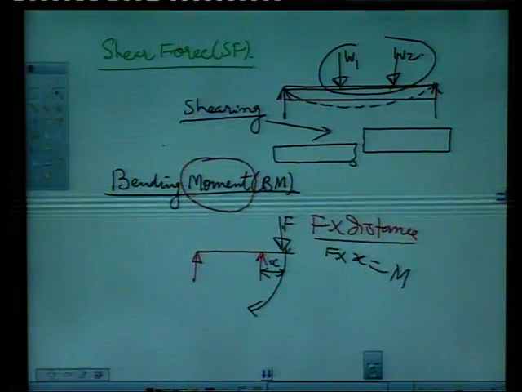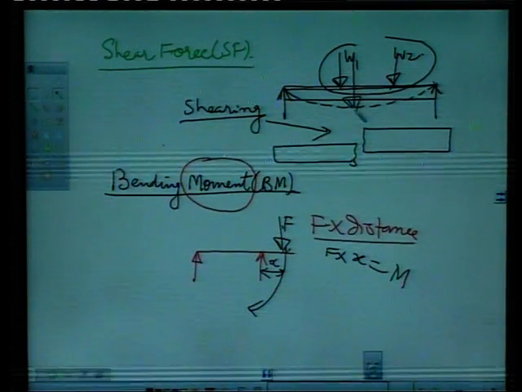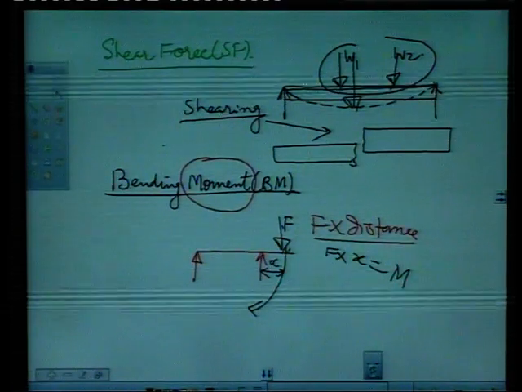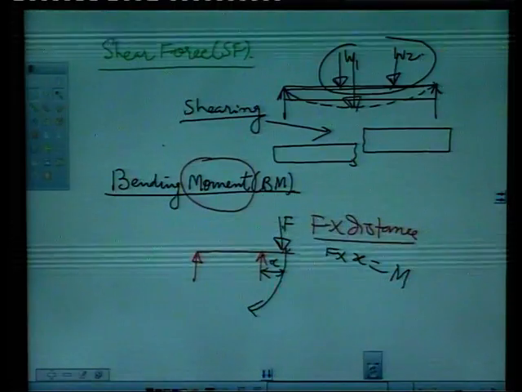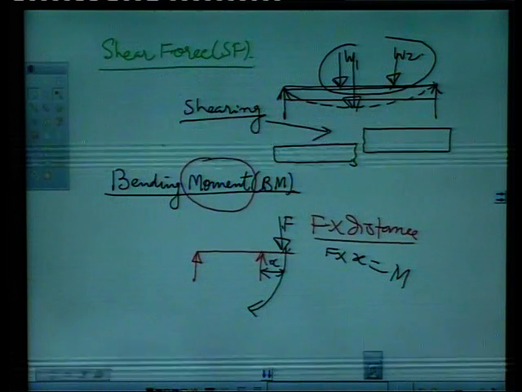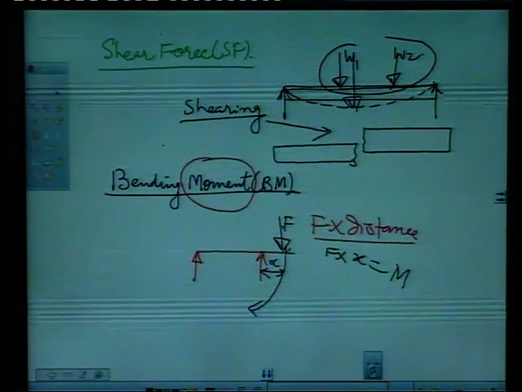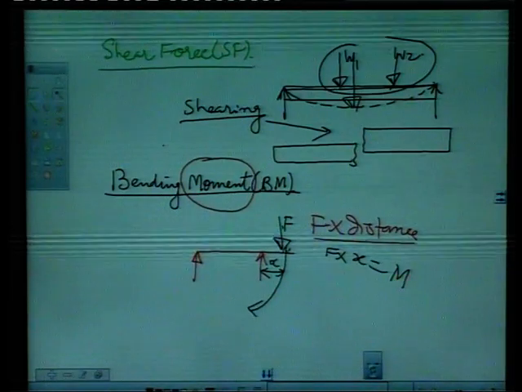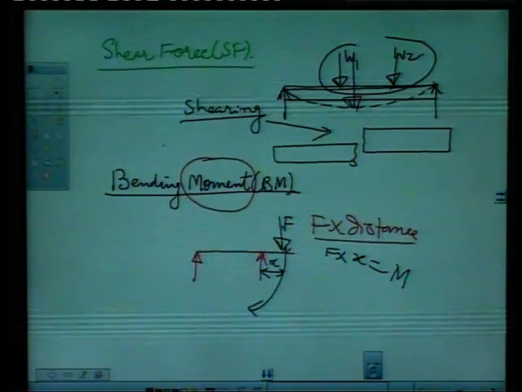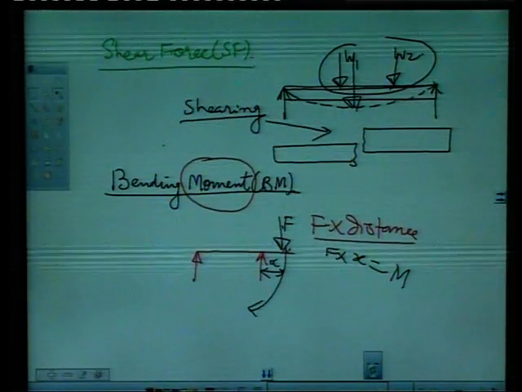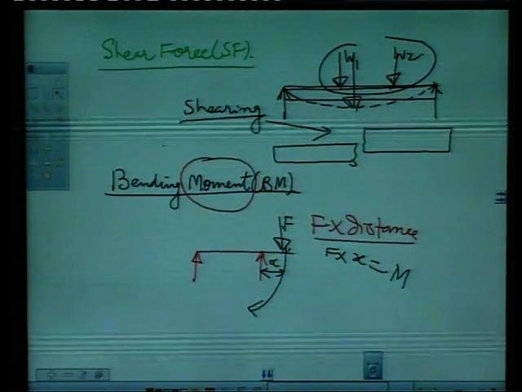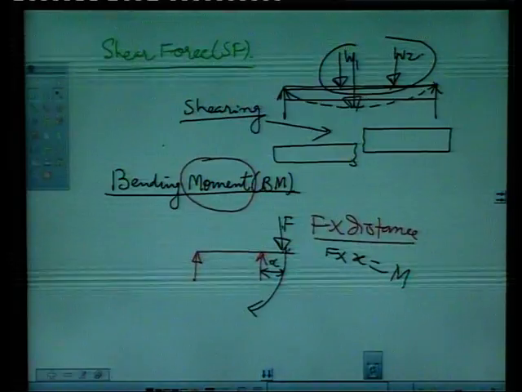And if it tries to bend the beam downwards, this is called bending moment. So we should also consider bending of the beams to know what is the result of these forces on the bending of the beam. This is determined by one term called bending moment. And when we draw how this bending moment varies, this is